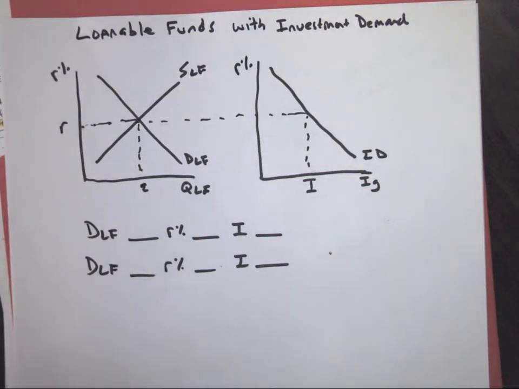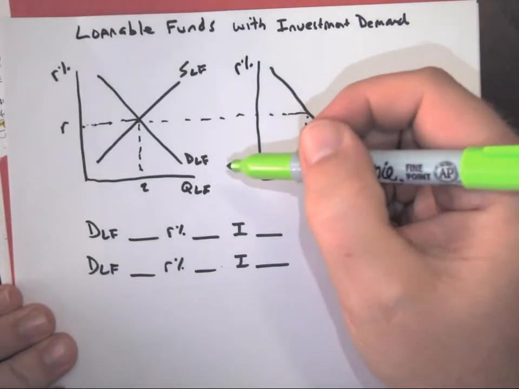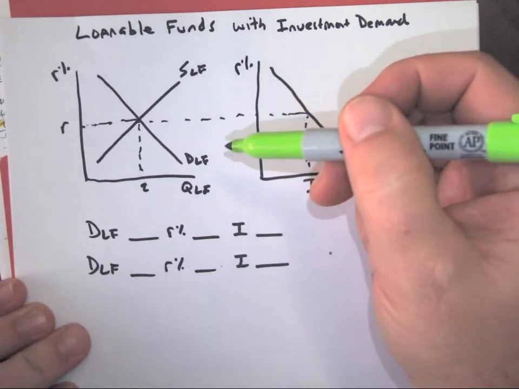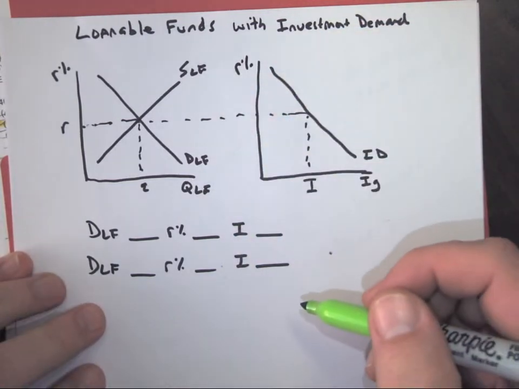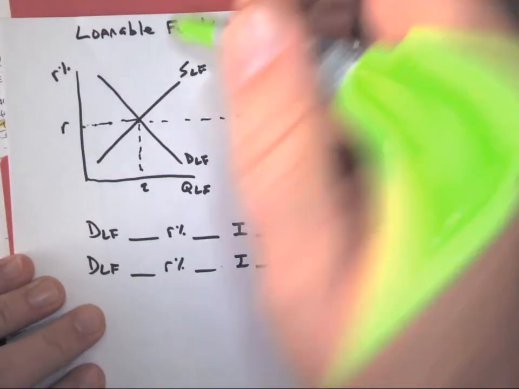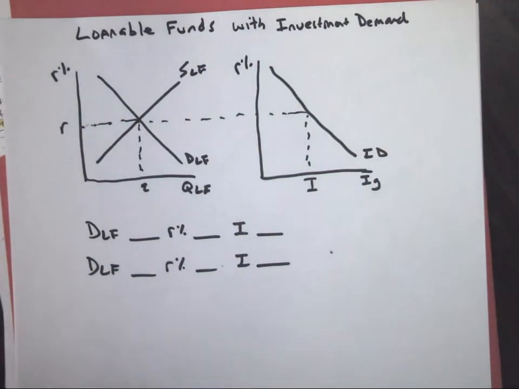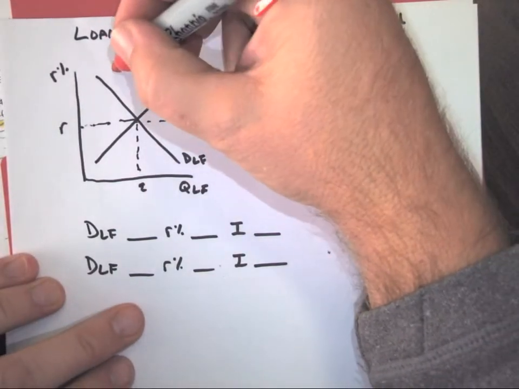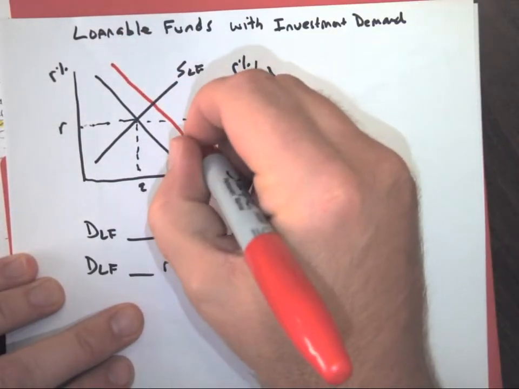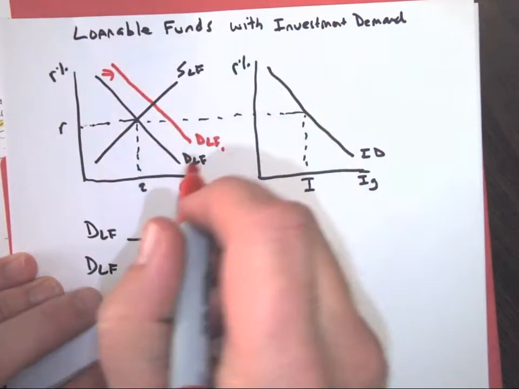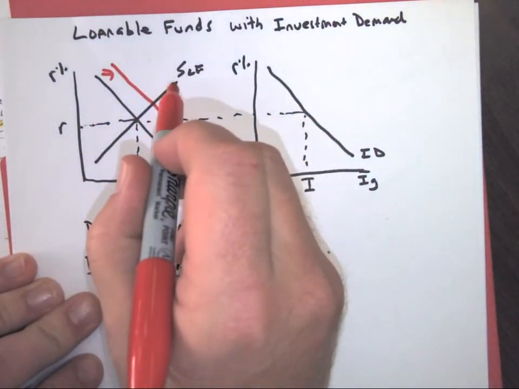So if there's a demand for loanable funds, there's either going to be a supply of bonds go up, or people are going to show up to the bank and want to borrow. So if that shifts to the right, what is that going to do to interest rates? Well, we have a certain amount of supply, and now there's more demand. So if more people want it than there is of it, that's going to make prices go up. So the demand for loanable funds would shift to the right, and where it crosses a certain amount